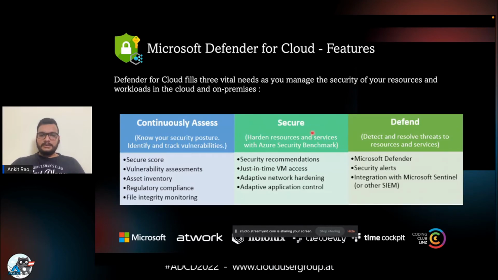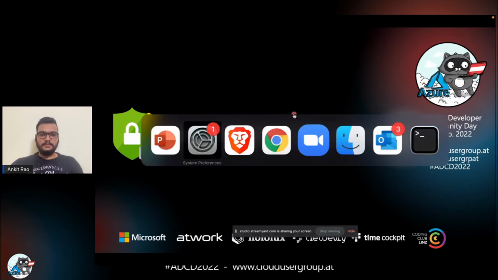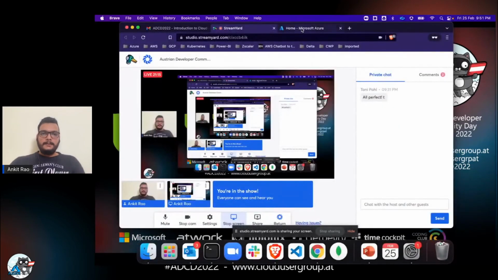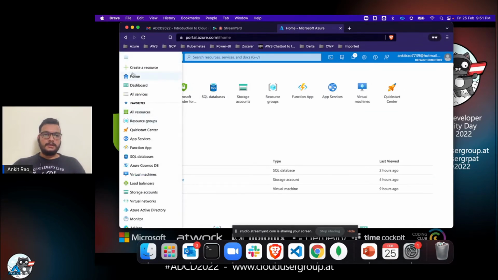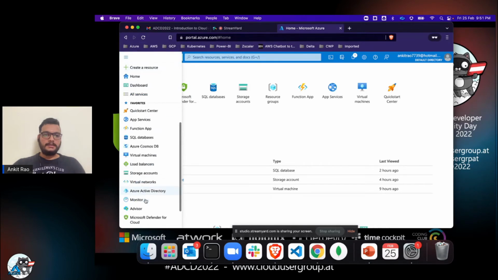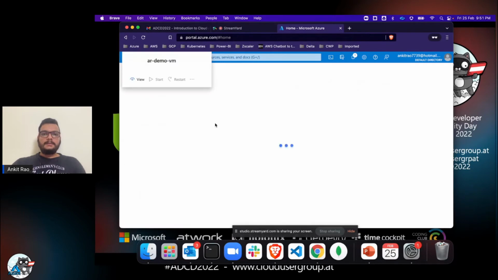And now we'll come to the most interesting part, that is the demo. So we'll go towards the demo. So here I am on my Microsoft Azure portal. I'll directly navigate to, in the left navigation pane, you can see the Microsoft Defender for Cloud. So when you go to that,